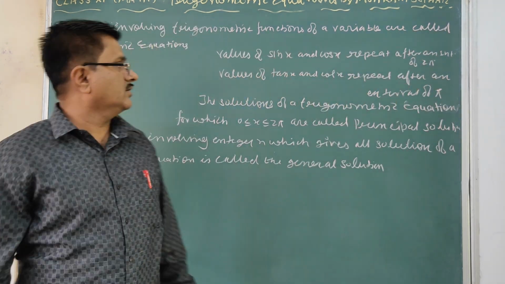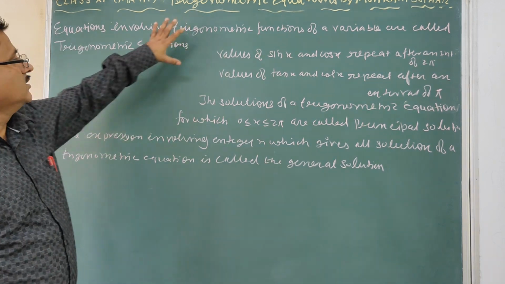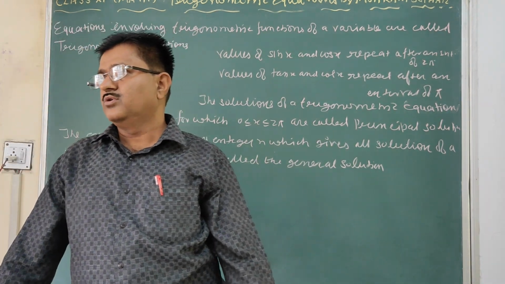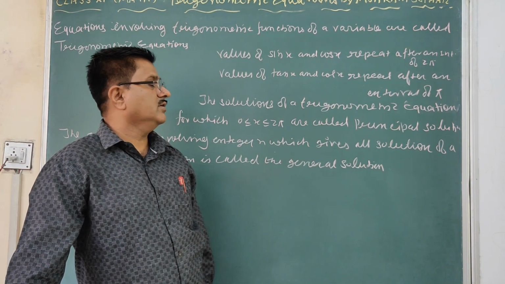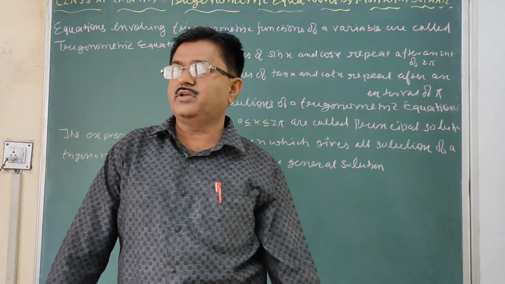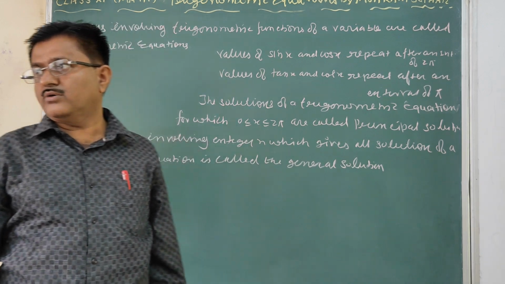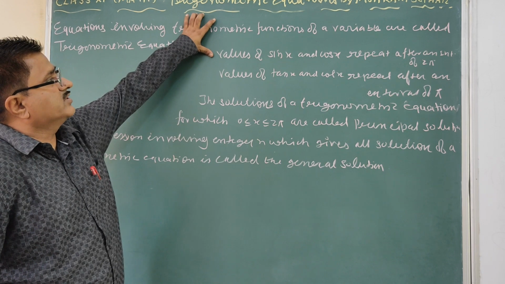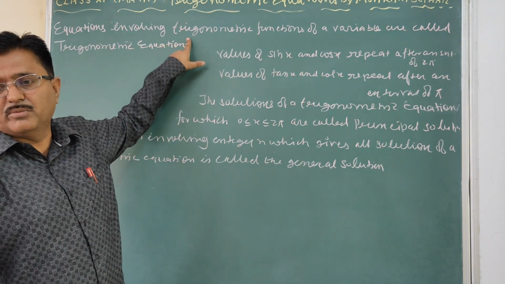So we are starting a new topic, that is the trigonometric equations. As you know the equation from the previous class, in basic concept you know what is the meaning of an equation. Clear? And you also saw different types of equation, like linear equation, quadratic equation, algebraic equation. So different types of equation we see. Here we consider the trigonometric equation, which is a type of equation that is only different in that we are using the variable as a trigonometric function.